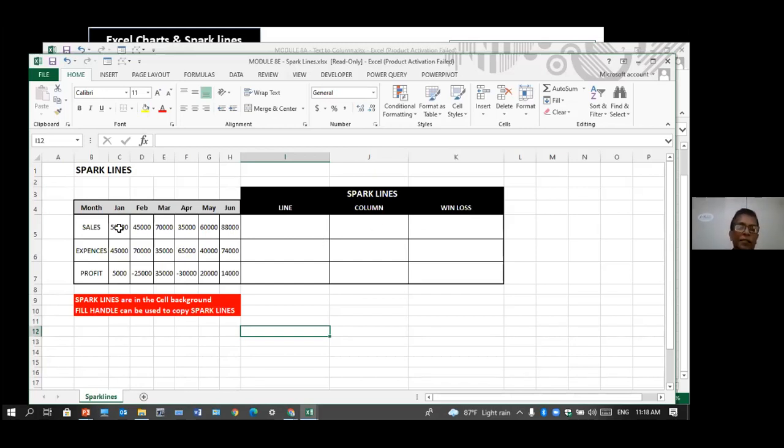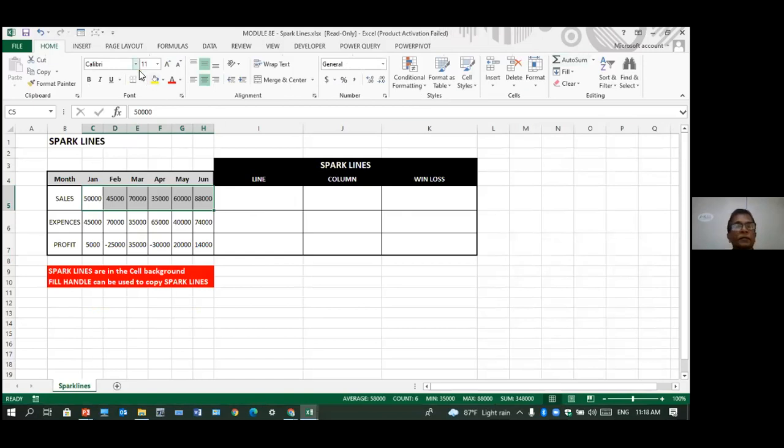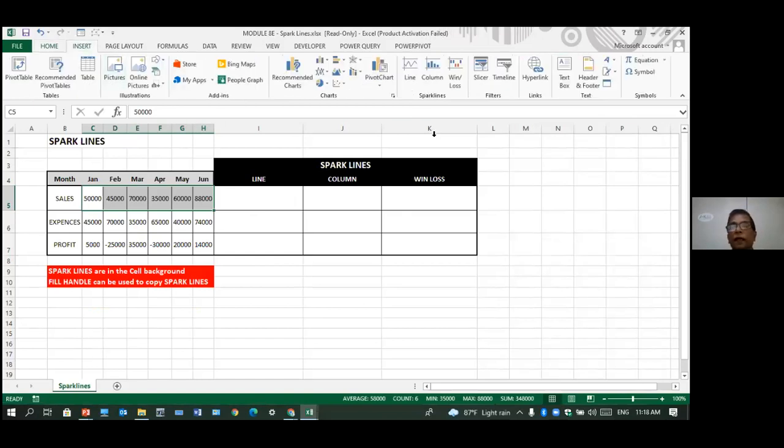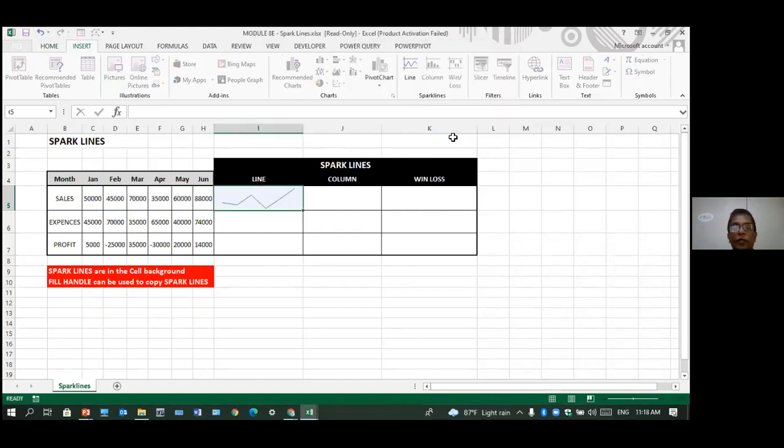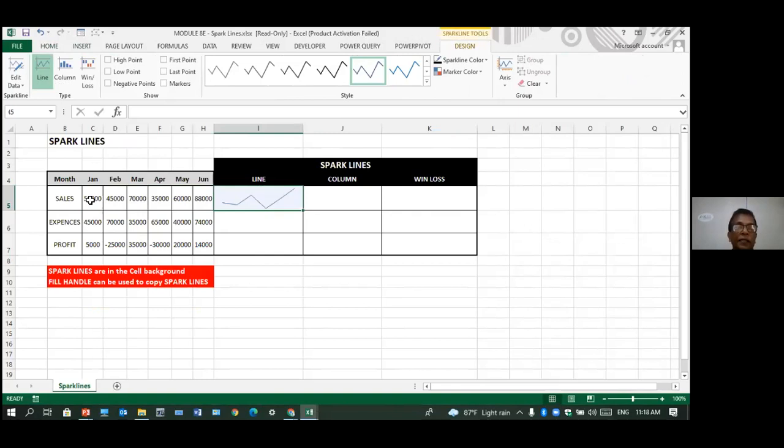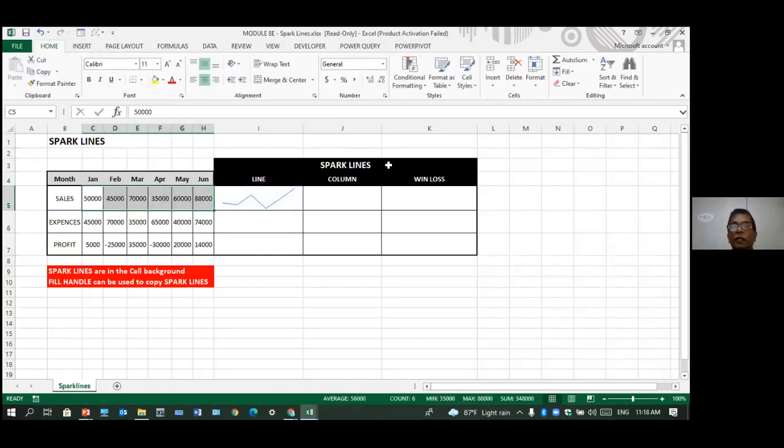Simply select the data. Insert Line. These are the three you have. Location: where do you want it? The data range is already selected. Click here and say okay. You get the line. Select the same thing, and I'll do it again for the other one.